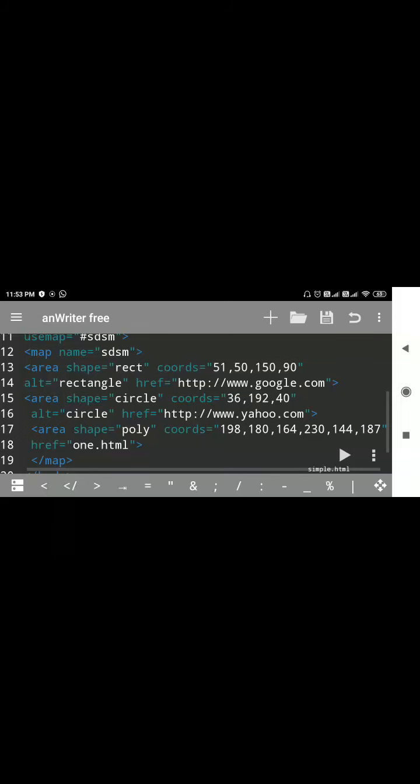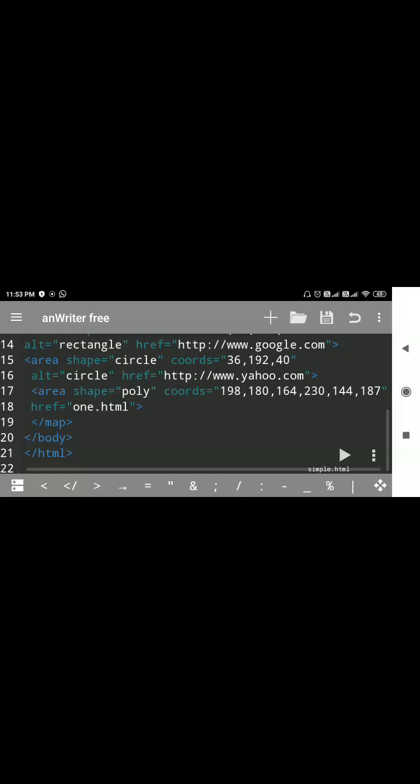After that another shape, which is the circle, so area shape is equal to circle. Again we'll make use of the coords attribute which mentions the coordinates of that circle shape. After that alt, then we'll make use of href www.yahoo.com. The circle shape is linked with a Yahoo web page.